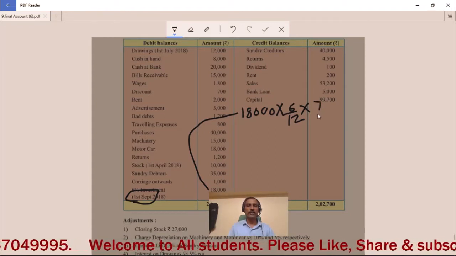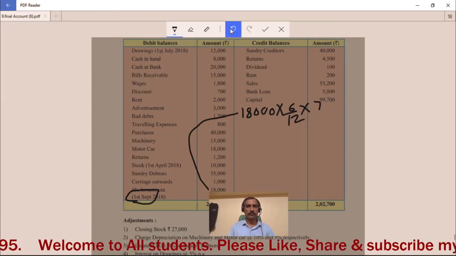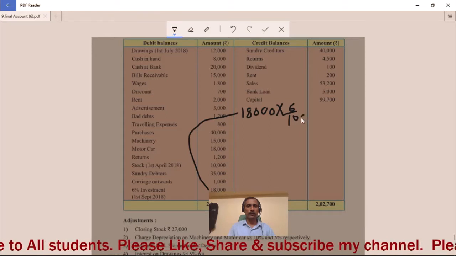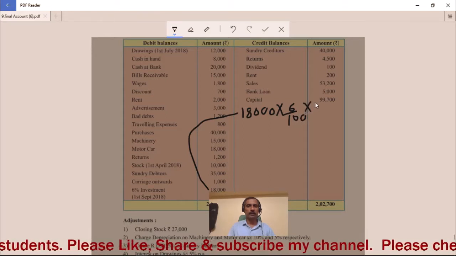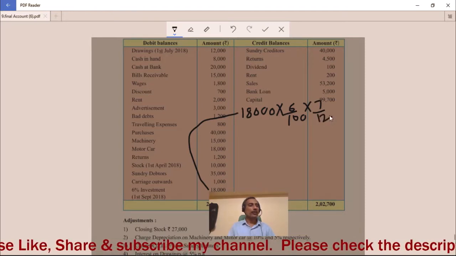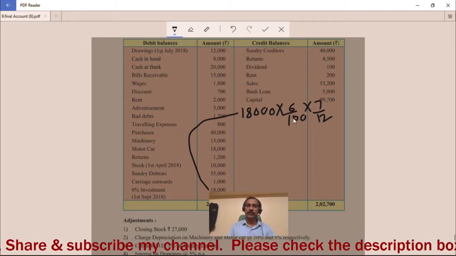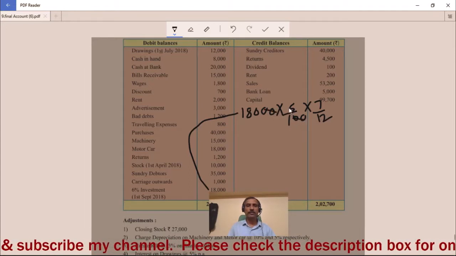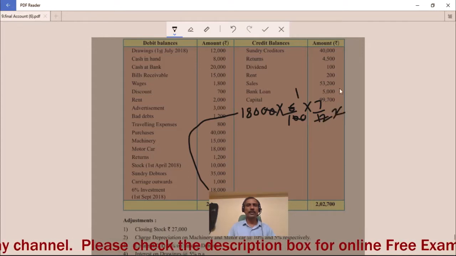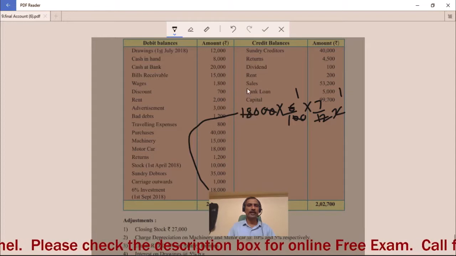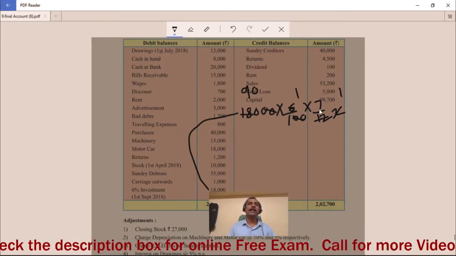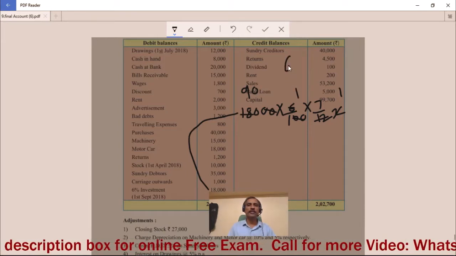So in total how many months? 7 months. Okay, 6% means 6 divided by 100, and there are 7 months out of 12 months. We have to calculate for only 7 months. So in this way, when we calculate, the 0 0 will be cancelled. 6 1s are 6 and 6 2s are 12. Then 2 1s are 2 and 2 9s are 18. So 90 into 7 means 9 7s are 63. So the total will be 630.